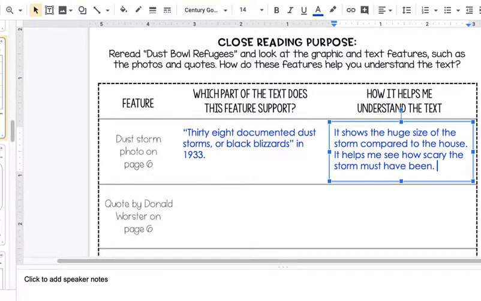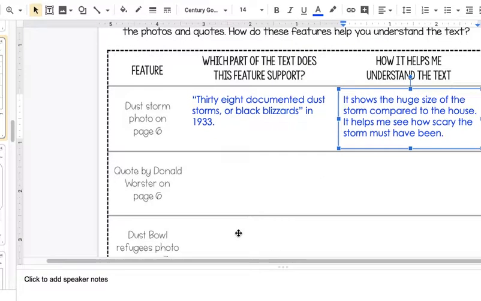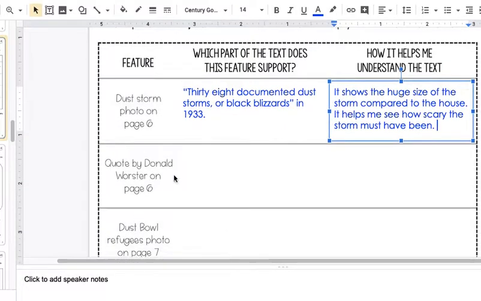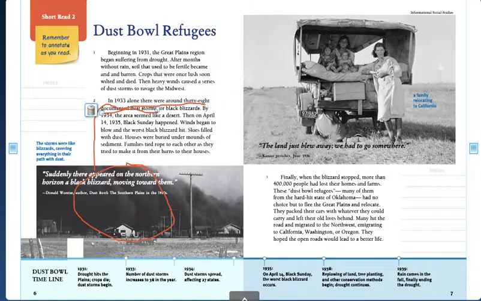Okay? Remember to pause so that you can catch up with writing, because I know I type faster than you write. Okay, let's do one more together, and the last 2 you'll do on your own. So the next feature in the story that I'm thinking, how does it help me understand, is the quote by Donald Worster on page 6. So let's find it. So it's in that same photo. It's the quote here. I'll pick a different color. We'll use yellow. So this quote here,